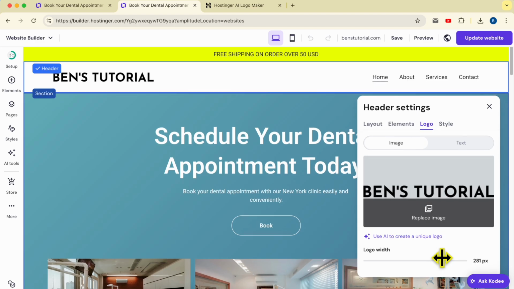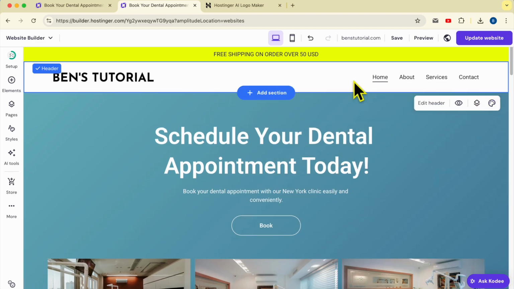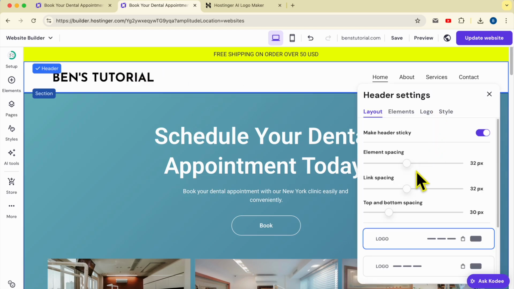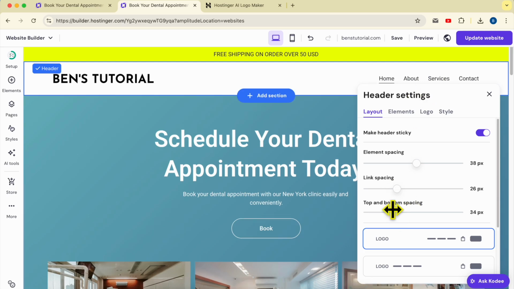I think this is good. Now close this window. Now to edit this navigation section or the header, just select it like that. Click on edit header, and from here you can edit the link spacing or the spacing between the menu items,